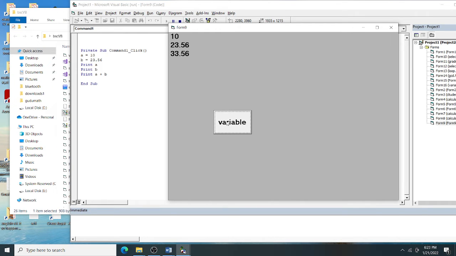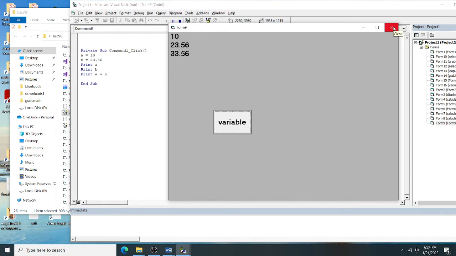The answer comes, a value 10, b value, and after adding a plus b it shows the result. It is not showing any error because I have not declared the variable. If you are not declaring the variable, the data type will be variant type, so nothing shows an error.